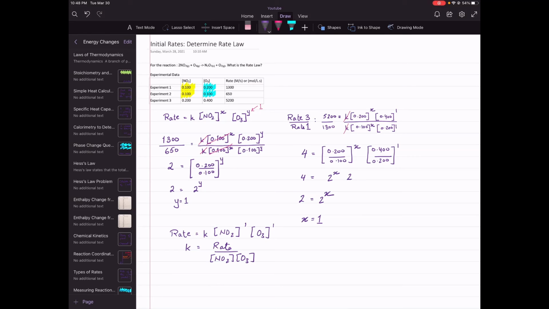I need to keep the units intact. So rate, again, I'm going to put it back in as 1300 moles, and I can keep molarity, that's fine because that is going to cancel out. Big M over s over